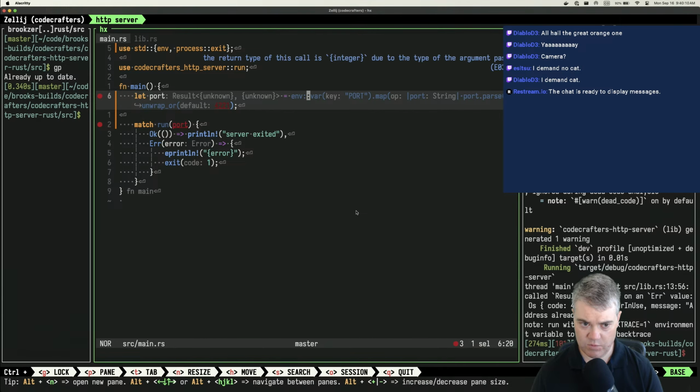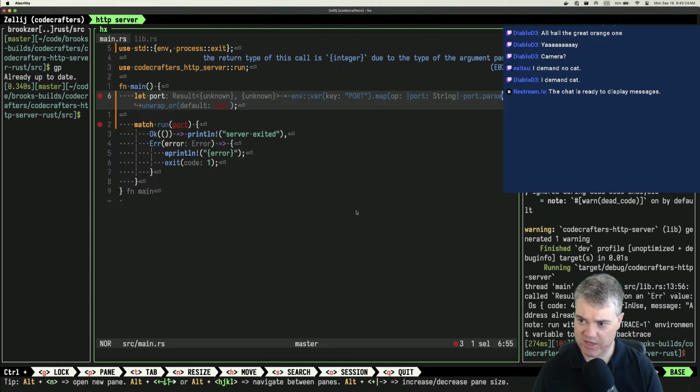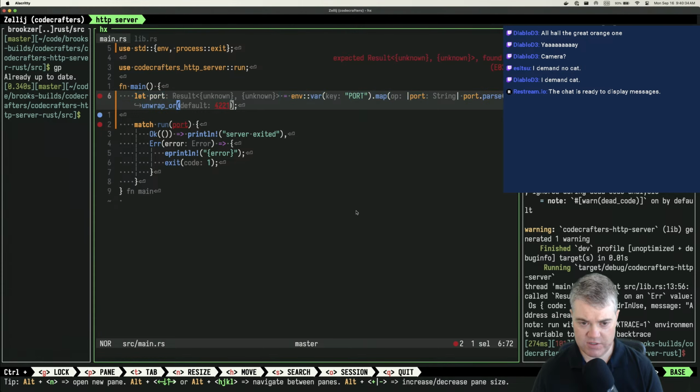Wait a second. What do you return? Yeah, it returns a result. So I should be able to unwrap or it, right? Oh, I need to return a string from this, don't I? Well, that's silly. Hold on, if I don't do this unwrap or... Oh, it's an unknown unknown. Okay, so you need...